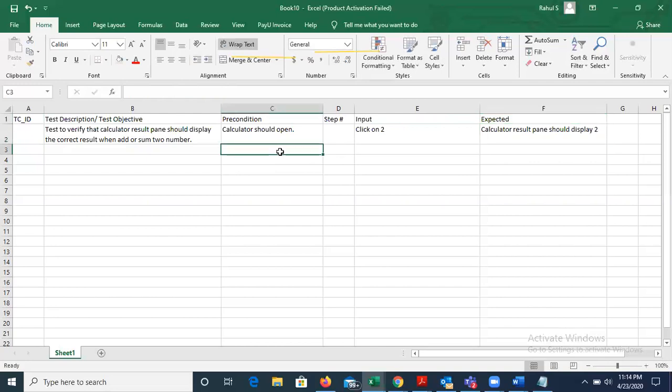So when I click on 2, the result pane should display 2. So that is my expected thing. I have mentioned that in the expected column.